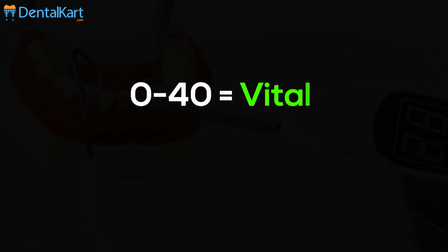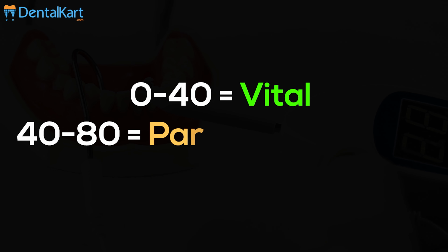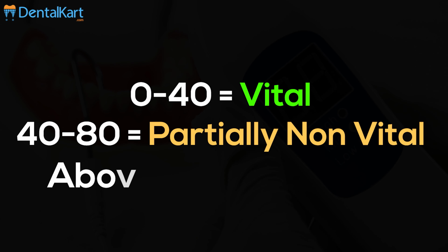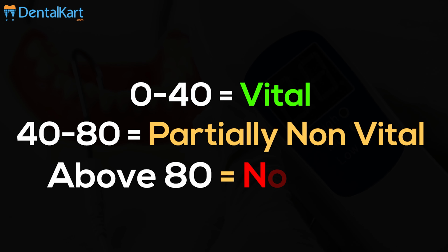To interpret the reading: a value between 0 to 40 means the tooth nerve is vital. A value between 40 to 80 means part of the tooth nerve is non-vital. And when the numeric value has reached 80 but the tooth has no reaction, then the tooth nerve is